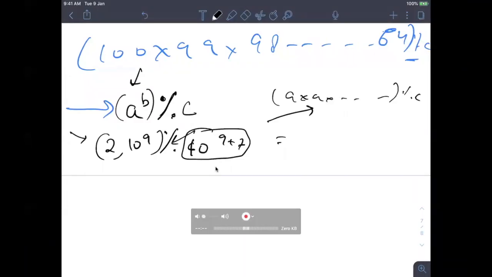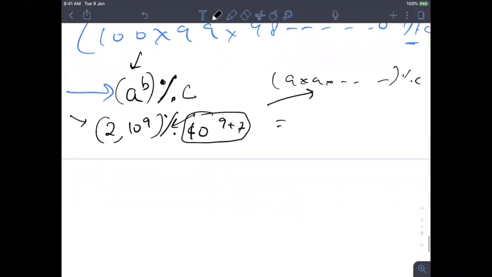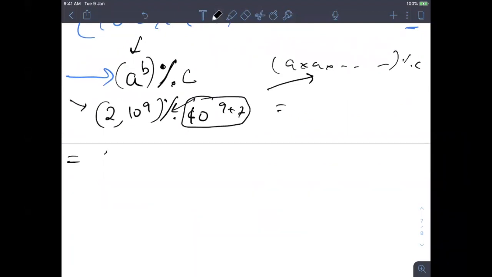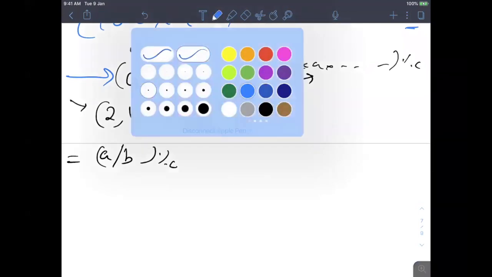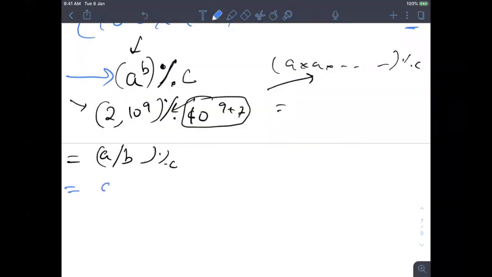Now let's come to the interesting part again. We discussed this formula, A divided by B mod C. I'm writing it again. How will we find it? If you look closely, what we wrote is A mod C into B ki power C minus 2 mod C, whole mod C. This is the formula, right?